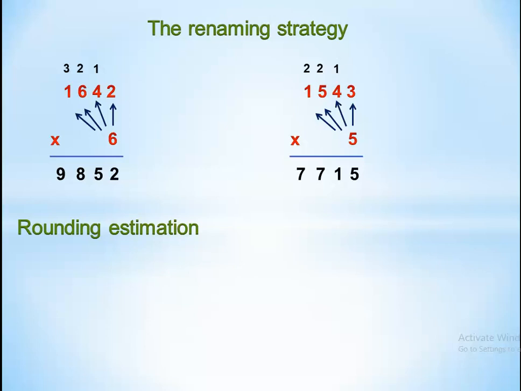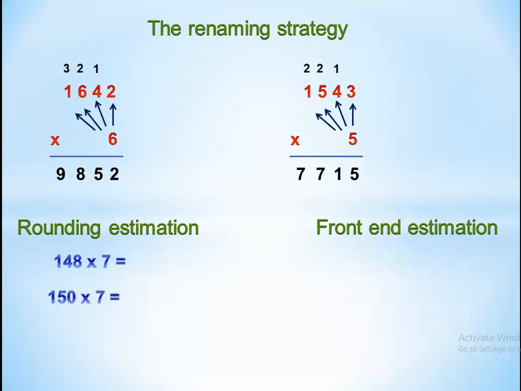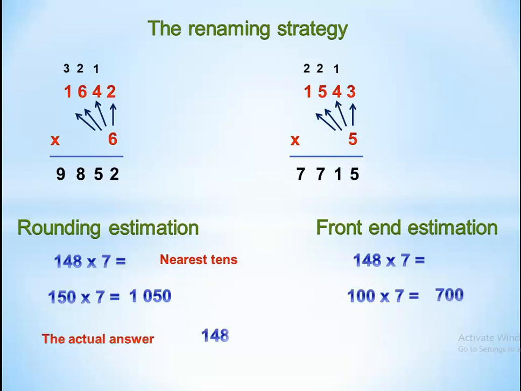We have also rounding estimation and the front end estimation. If we have 148 times 7, rounding to the nearest tens, it will be 150 times 7. It will be 1050. Here, front end estimation, it will be 100 times 7 equals 700, and the actual answer is